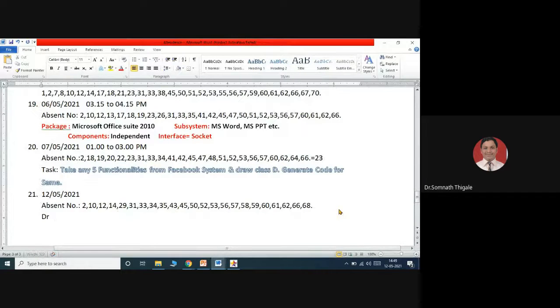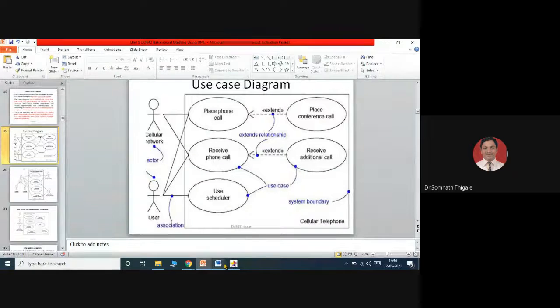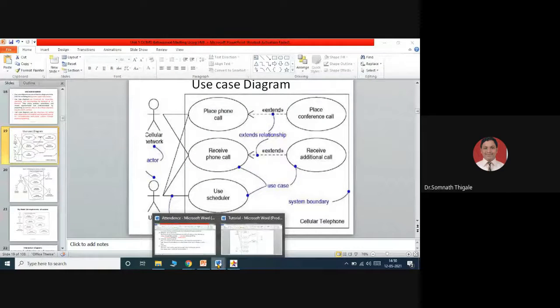Draw a use case diagram for number 1, credit card validation system, and the second that you can draw is for the cellular telephone system.